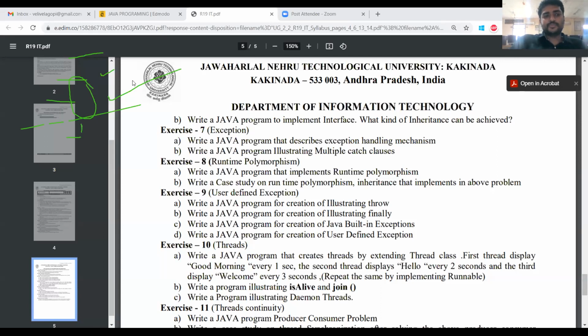So here I am defining SBI as a class which extends the properties of Bank. In this I am defining the method irate, and it returns the interest rate as 5. Initially the interest rate is 0.